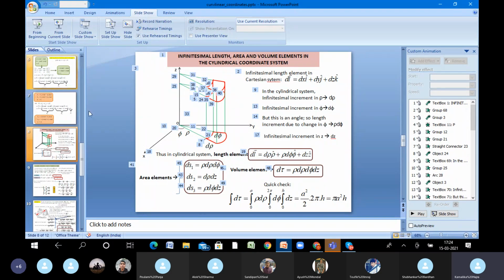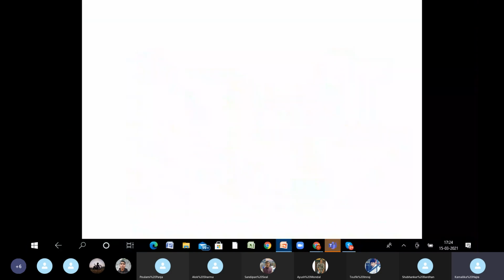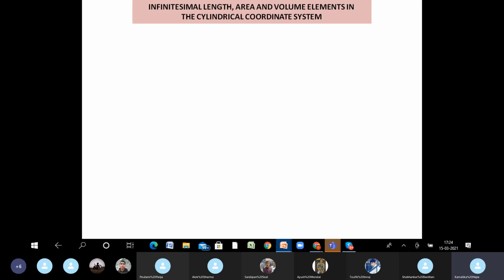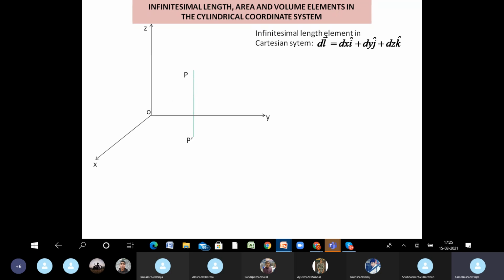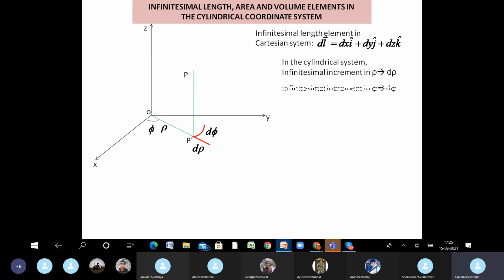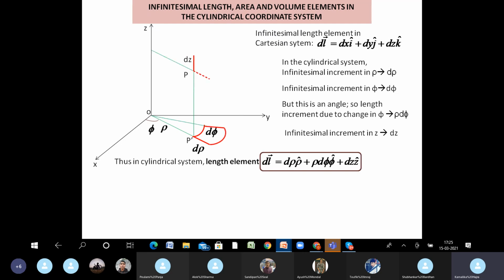And the beauty of the thing is, remember how we found the volume of a cylinder when we were verifying Gauss's divergence theorem using the Cartesian system? Do you all remember? We took the volume element and how we took the three surfaces, etc. But if you're using the cylindrical coordinate system and your problem has a cylindrical symmetry, then all you need to do is take the volume element and integrate it, and it's just a one-step problem.